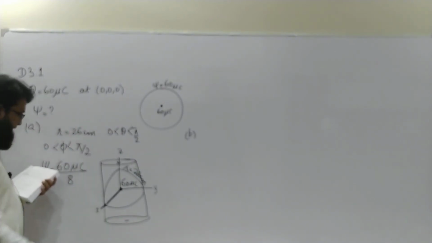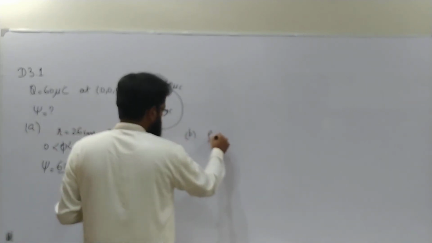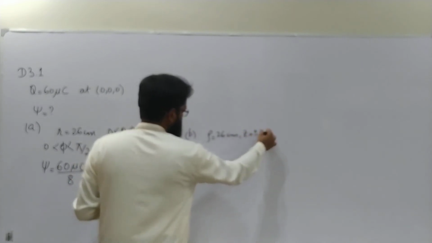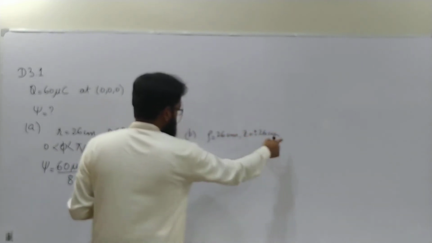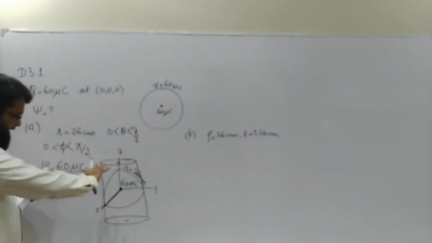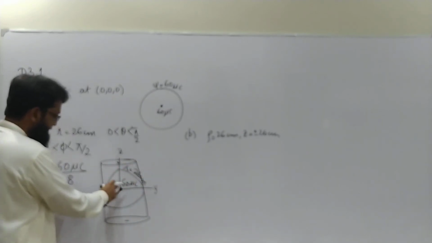So obviously the surface in part B, rho equals 26 centimeters, z equals plus minus 26 centimeters, these three surfaces are defining a closed surface which is enclosing the total charge which is